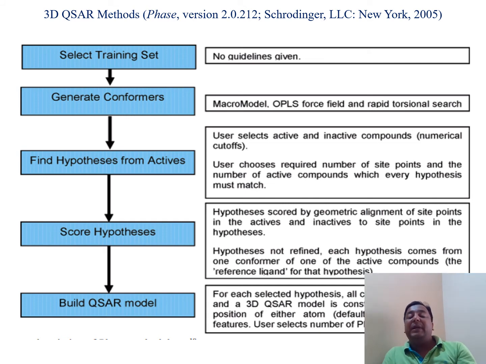Once we build the QSAR model, it will analyze all these things in terms of the observed biological activities which we have given as input, the predicted biological activity, the RMSD value, and the fit values, like all the analogs of the compounds which are fitting to the same place and have the same orientations as the parent compounds, right?